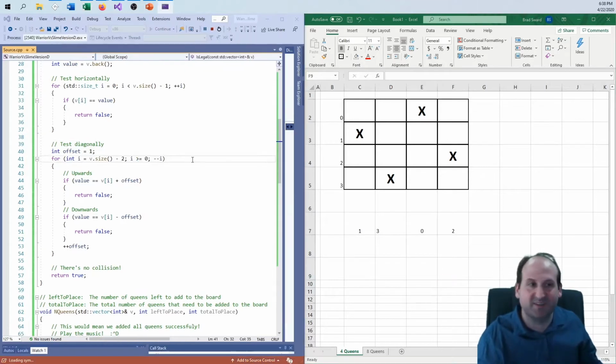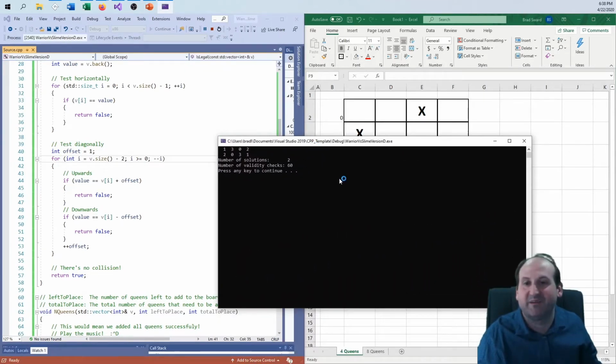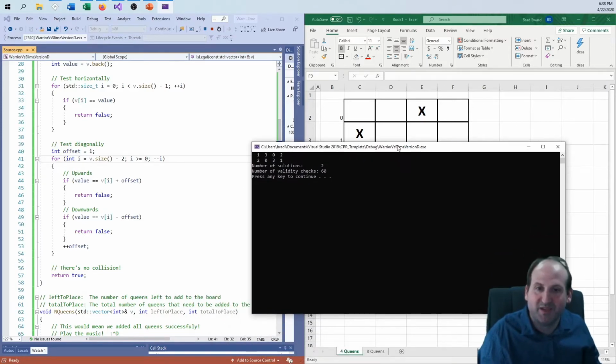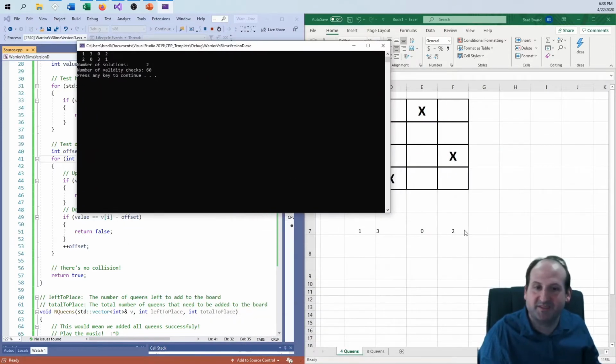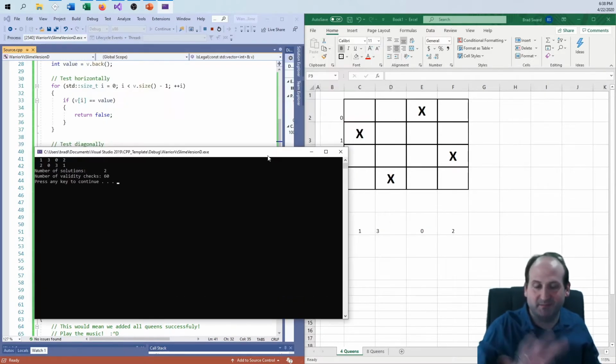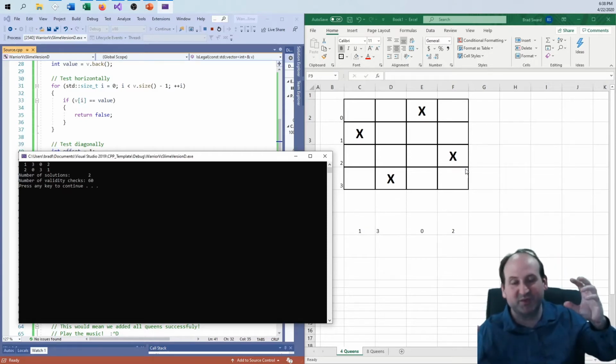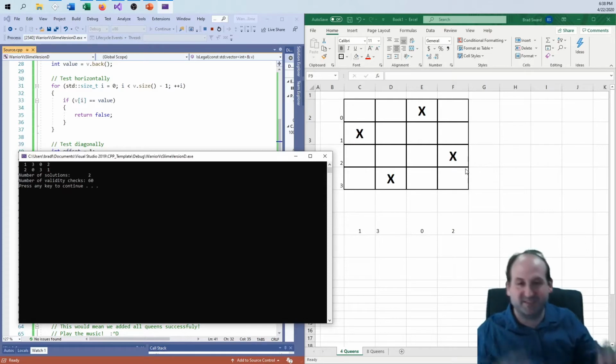So running this code with the 4x4 case, there are only 2 possible solutions, and you see that 1, 3, 0, 2 and 2, 0, 3, 1, which is basically just a mirror image copy of what you already see. You flip the things over. This 1 becomes 2, 3 becomes 0, 0 becomes 3, and 2 becomes 1. So we like to say that's truly not a unique solution. There's only one unique solution,